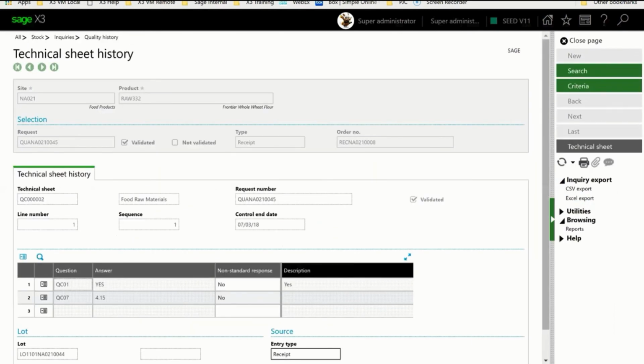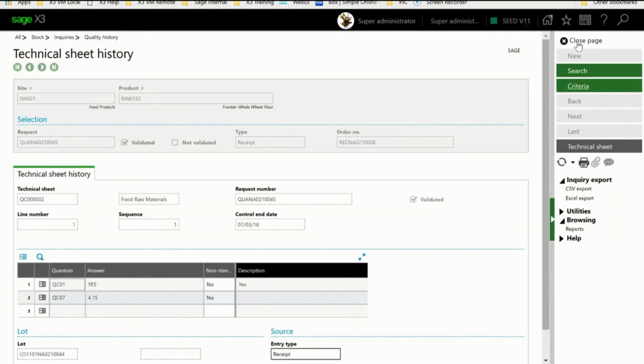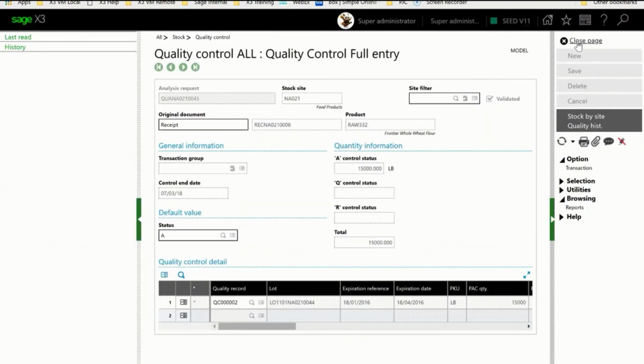So there were two questions. The first one was answered by yes. The second one was answered by 415. I can have a look at what it was. The first one was, did we have raw material certification? Yes, no. And what was the moisture content at the time? So, satisfied that I had done the proper quality control, I still wanted to have a look at